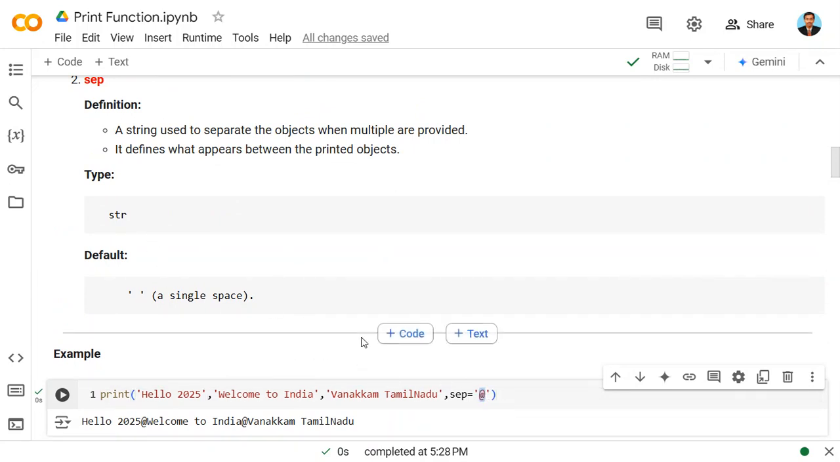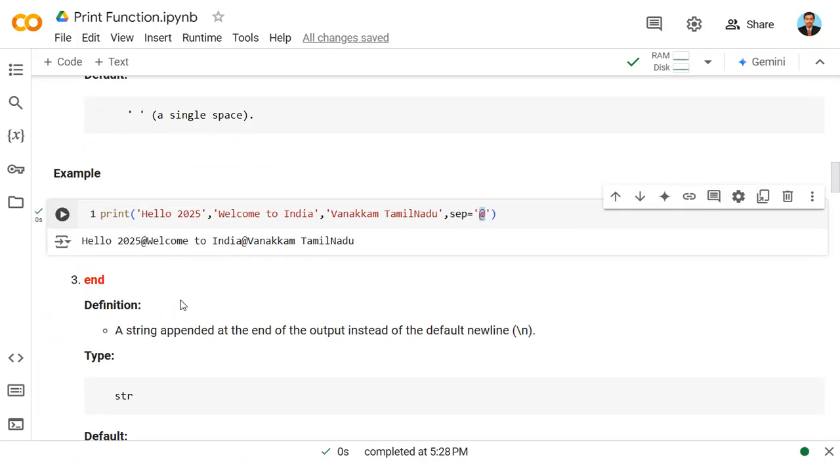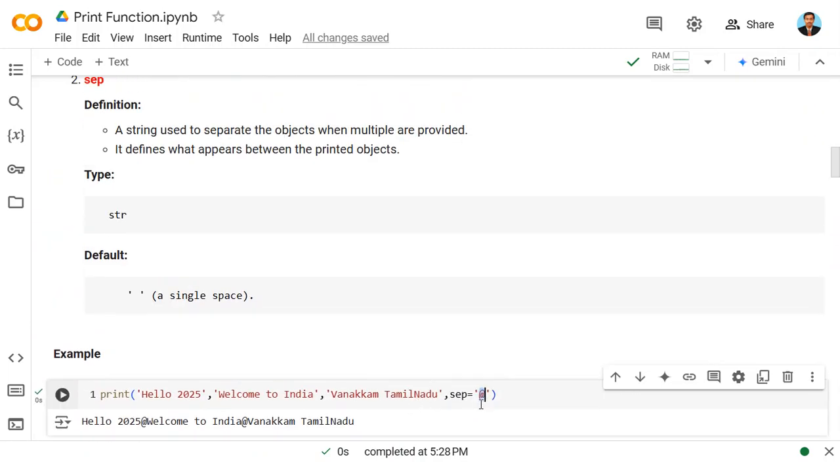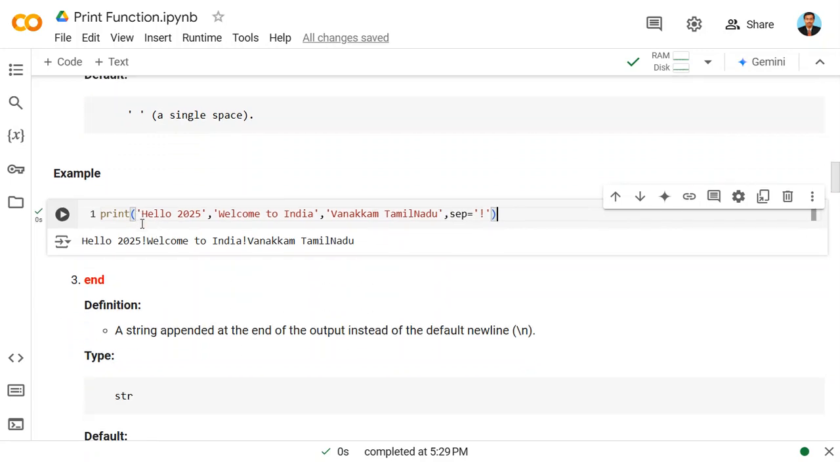I hope up to now you can follow me. Any queries, you can text in the comment box and we'll give you a reply. So this is one other thing. You can use anything. For example, here I'm going to use some special symbols, like after hello 2025 I'm going to use the exclamation symbol. Check the output: Hello 2025 exclamation, welcome to India exclamation, Vanakkam Tamil Nadu. So it is added here. Next thing,